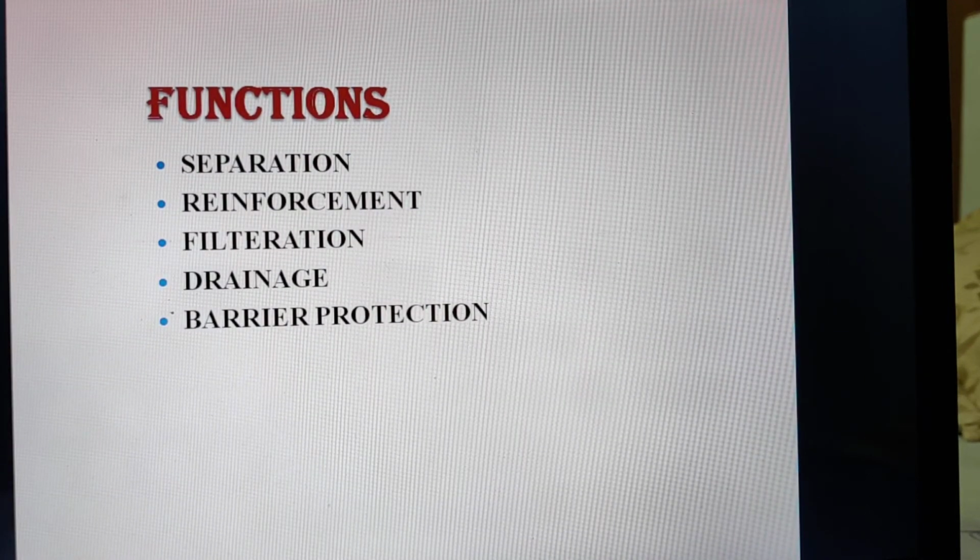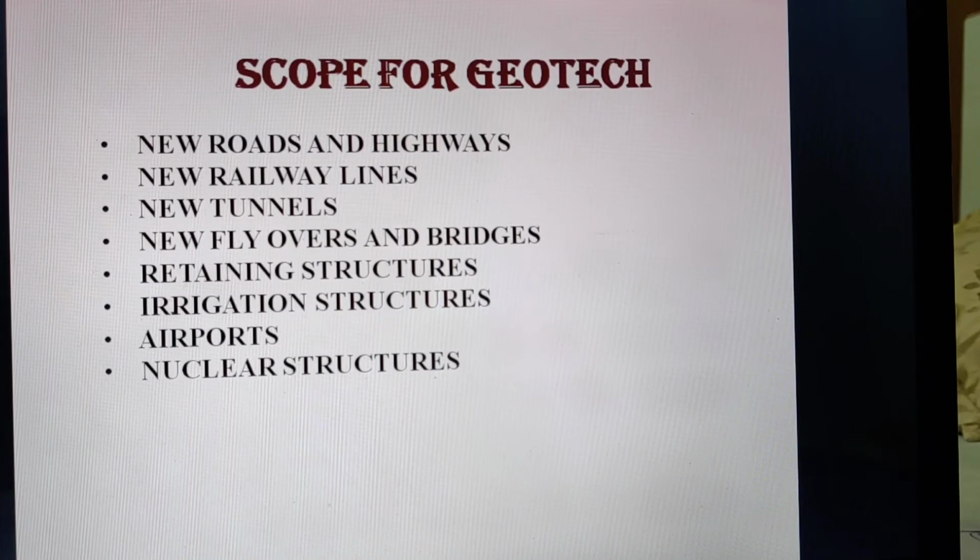Functions, as we have already discussed, are separation between two materials, particularly weak material and little stronger material, and then reinforcement, filtration, drainage, and barrier protection. Then the scope is manifold: in new roads and highways, and for rehabilitation in old roads, or improvement of roads, new railway lines, old railway lines for improvement of the properties, tunnels, new flyovers and bridges, and in retaining walls as reinforcement also, retaining structures, irrigation structures,